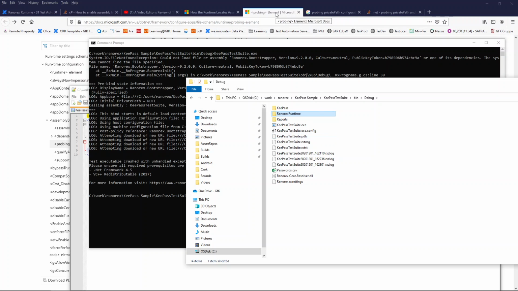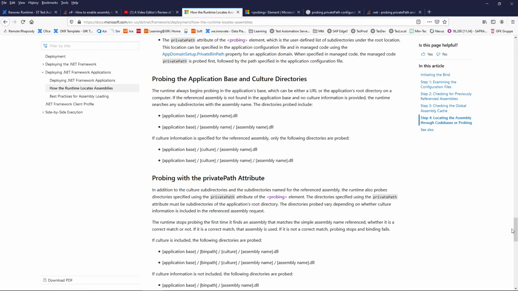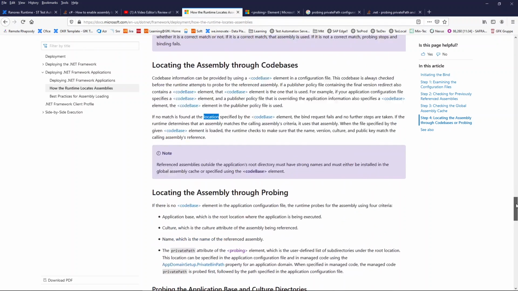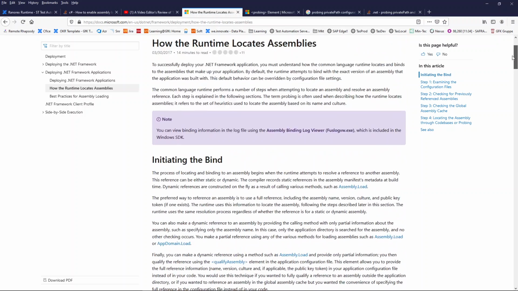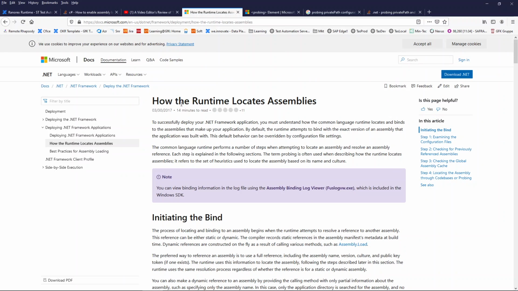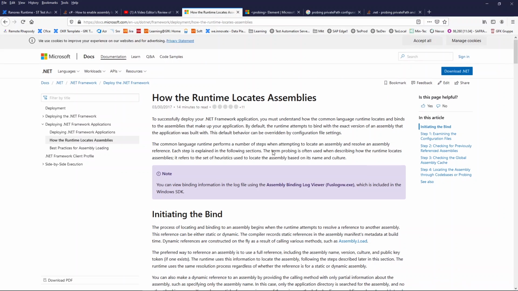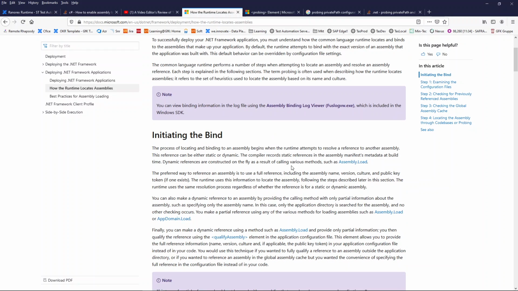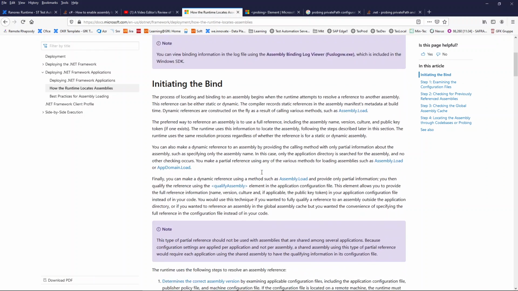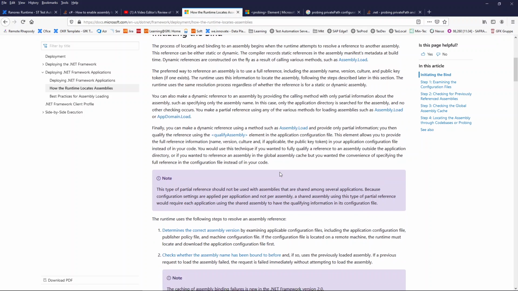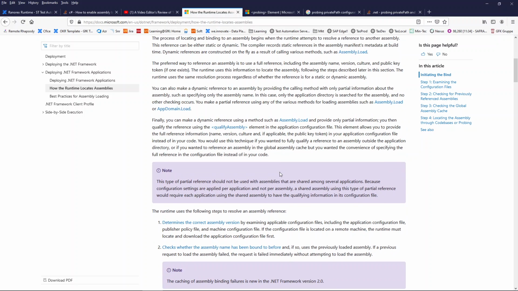The .NET framework has a mechanism to look for the location of assemblies. It is described, and the first thing it does is try to find what the version is.